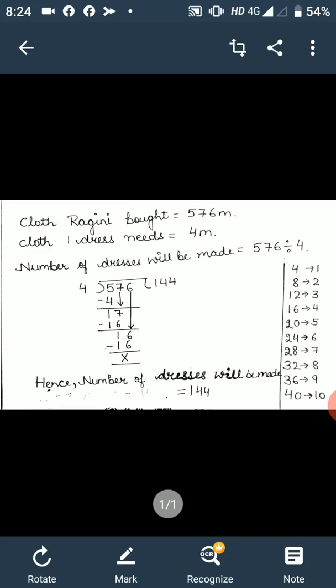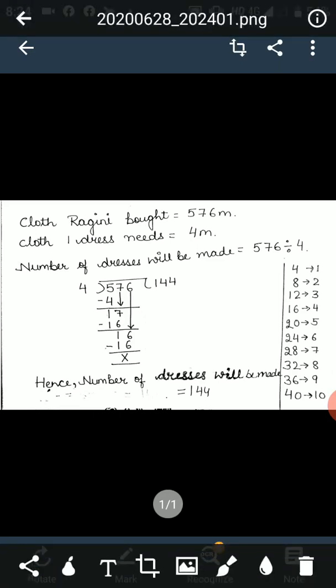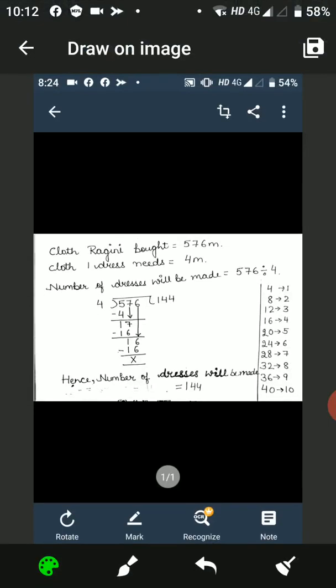Now I have made the rough column over here. Clear? Now with the help of this rough column I will solve the division. Clear? So 4 I have written outside. Now in the 4 table, 4 comes at the first position. See, 1 I have written here, 4 down below 5. 5 minus 4 is 1. 7 I have taken from up. 7 I have written down.